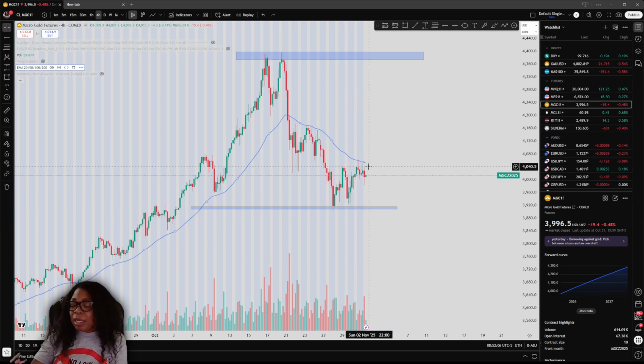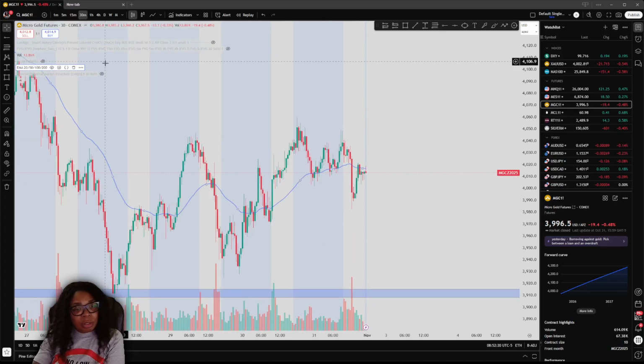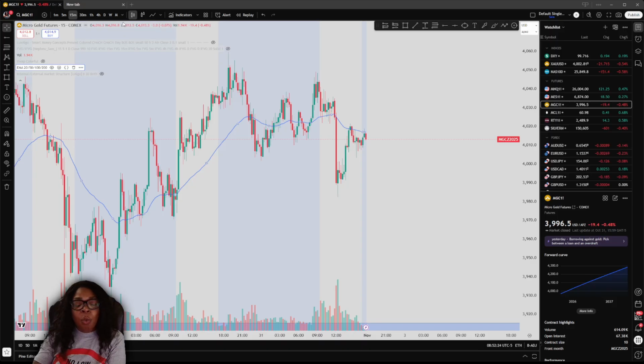So it's kind of giving mixed signals with gold. I would just wait until you get a confirmation regarding how you trade and what you trade. But these are still tradable symbols in the market. If you have a strategy for what the market is doing, I know a lot of people say, hey, just